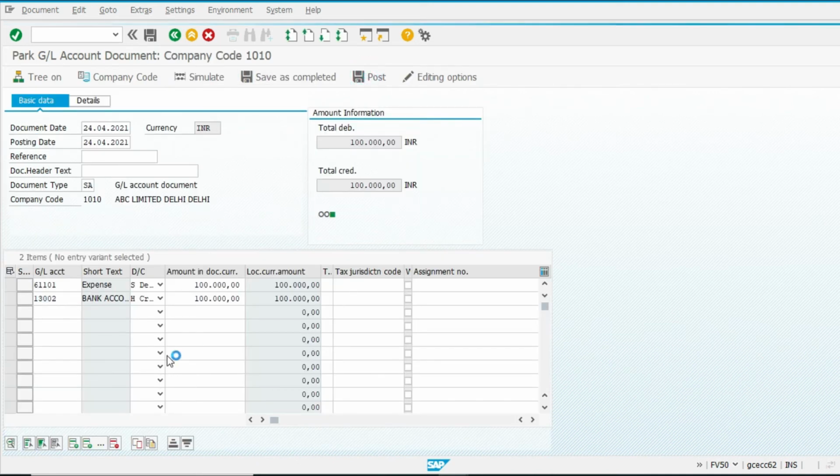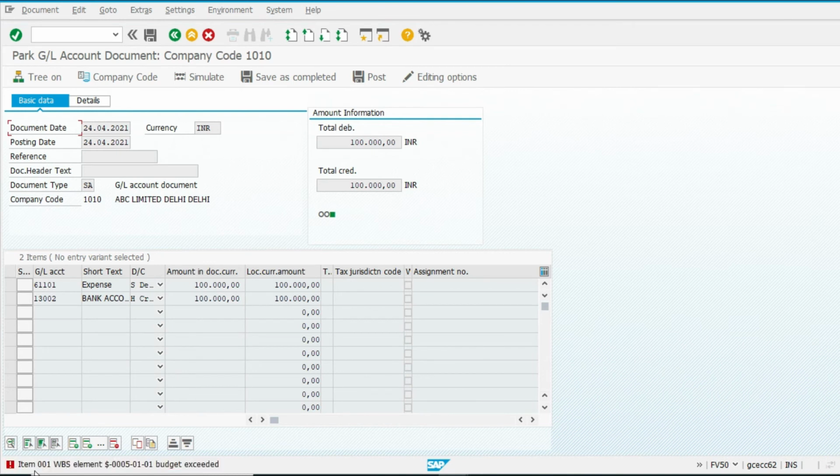Now post. See, now the system gives an error that my budget has been exceeded.